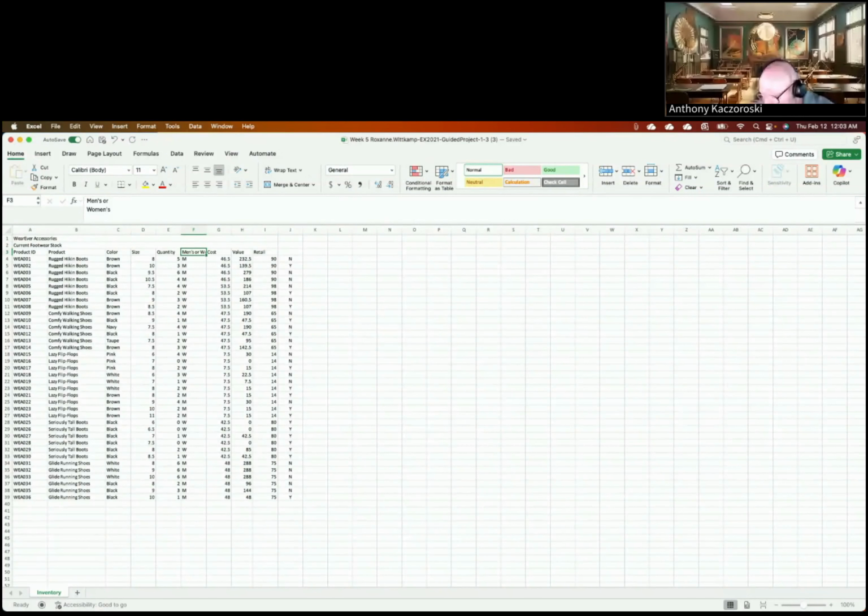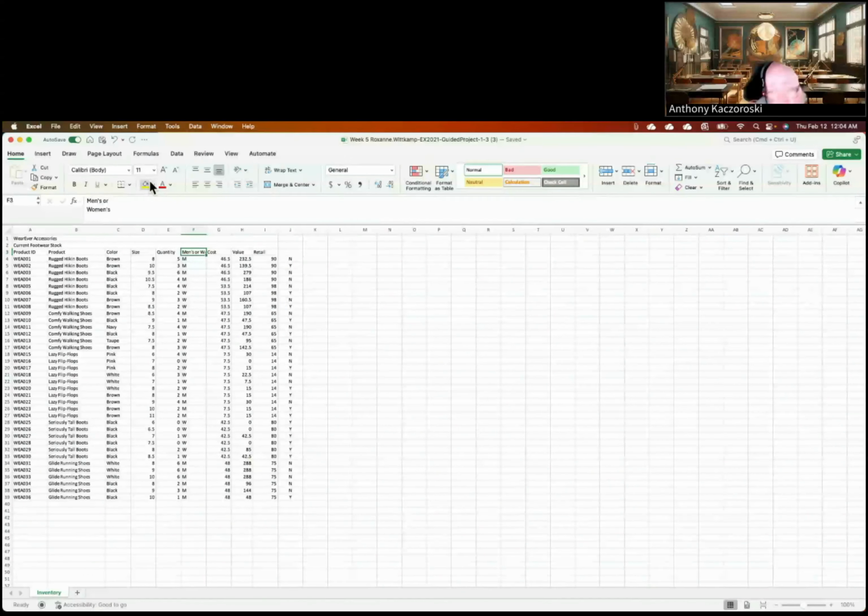Now we want to click the wrap text button. The row height's going to adjust the label on 2 lines. So we want to wrap this text. See how when we click off of it, we can only see men's or and then the W and part of the O. But what we want to do is click here, and then does it tell us exactly how it wants us to do it? It says